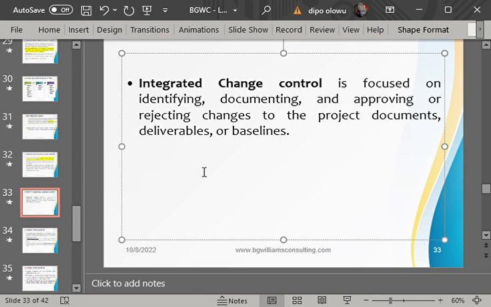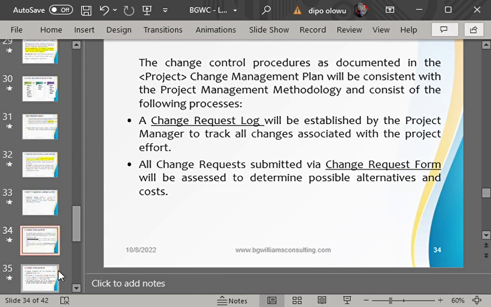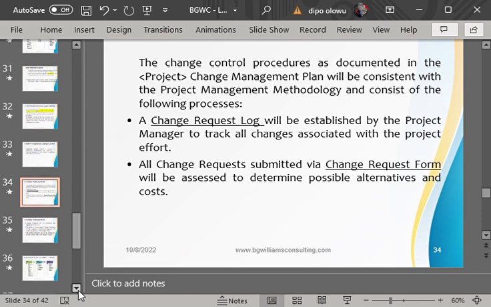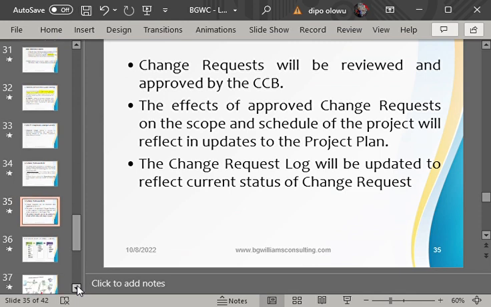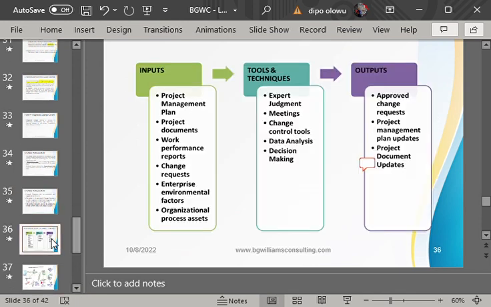other constraints, then the project manager has the power to authorize a change request, only when it does not have impact. But if it does have impact, automatically the project manager may not have the power to authorize that change. So in that case, what will he do? He would take that change to the change request board. So it is now the CCB board that will look at it and authorize that change.